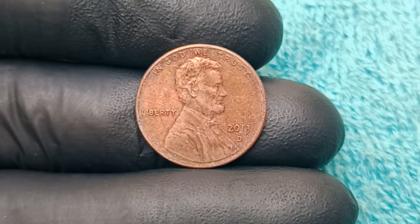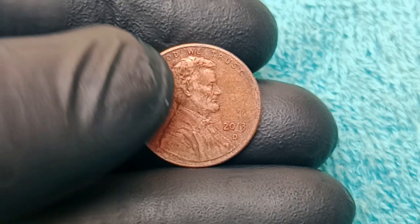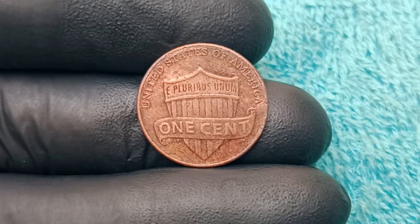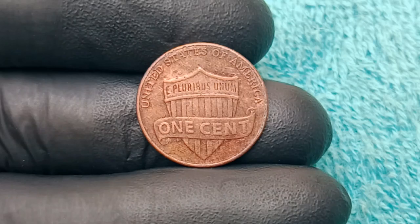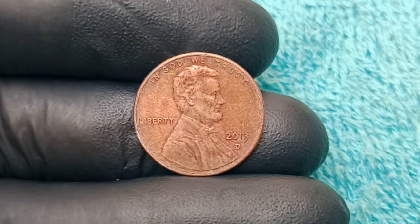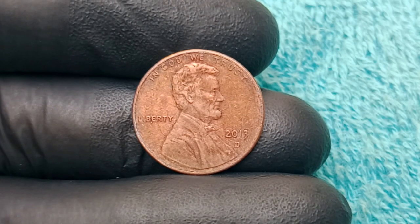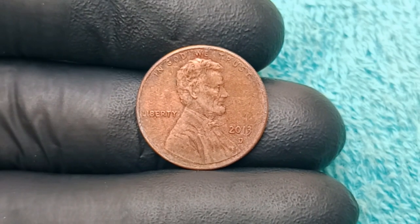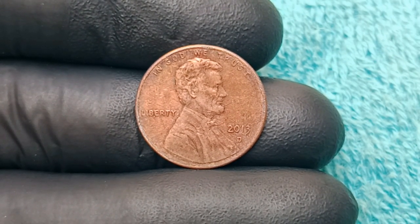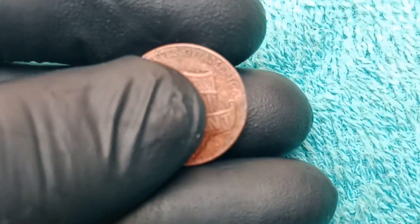As the community continues to recognize the beauty in imperfection, the understanding that a mere accident in the minting process can yield a treasure that surpasses its face value is nothing short of remarkable. This creates an ongoing narrative that has transformed the world of coin collecting into an exciting realm filled with possibility, where the ordinary can become extraordinary with the right set of circumstances. In this regard, the 2013 D penny encapsulates the beauty of the unexpected. It is the epitome of how a single mistake can turn a simple piece of currency into an object of desire, fueled by passion and driven by a community of collectors who appreciate both its unique characteristics and the history